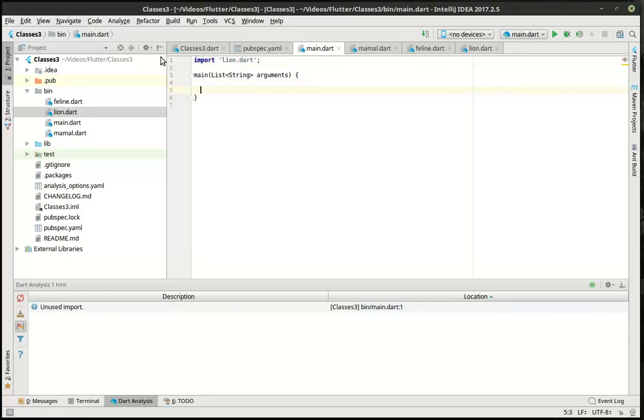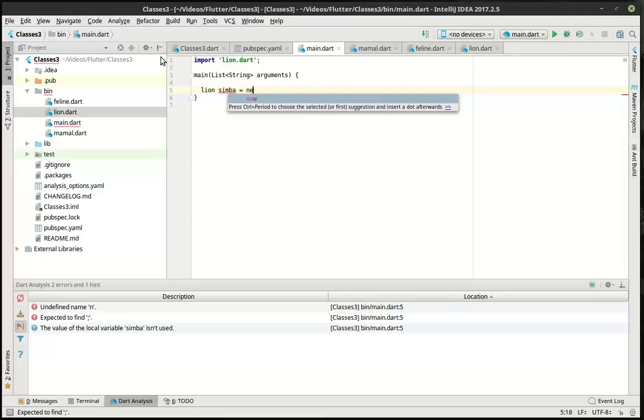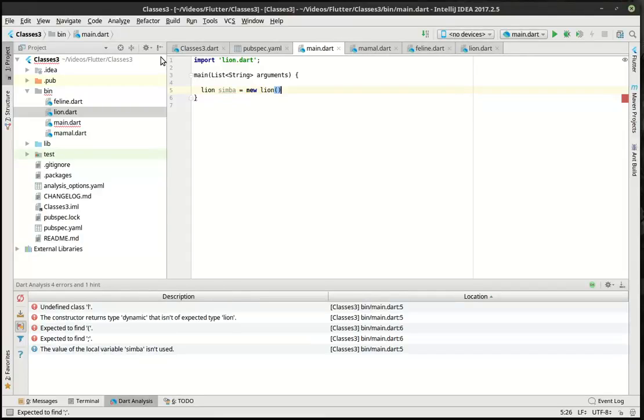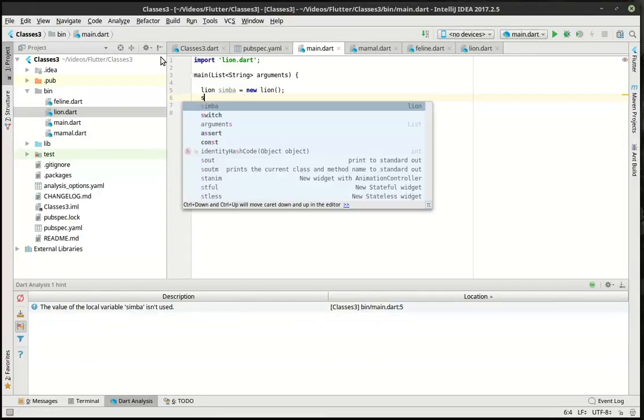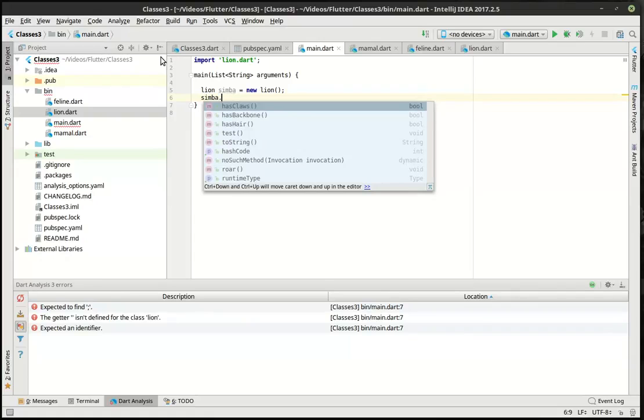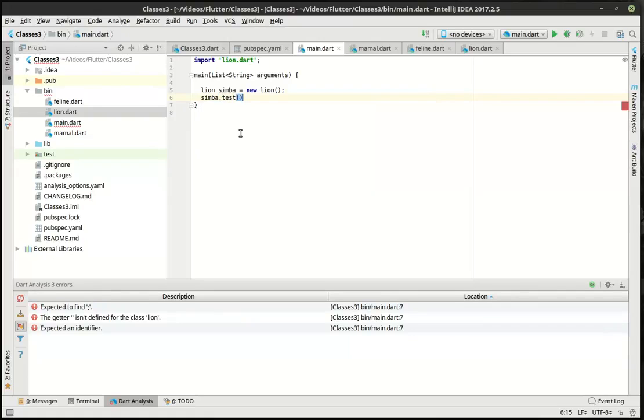And let's say lion, Simba, why not? Is that actually how you spell Simba? Oh well. Equal new lion. And we're going to say Simba dot, and you notice how, bam, it has all these other properties here. So we can actually call test. We can actually make him roar, although I don't think Simba would roar, but